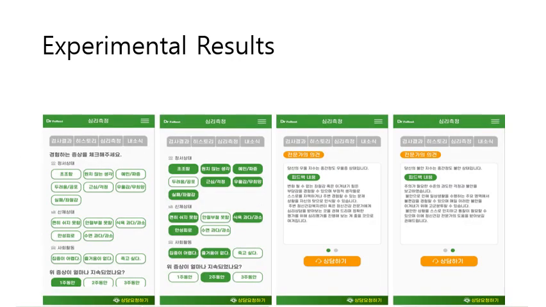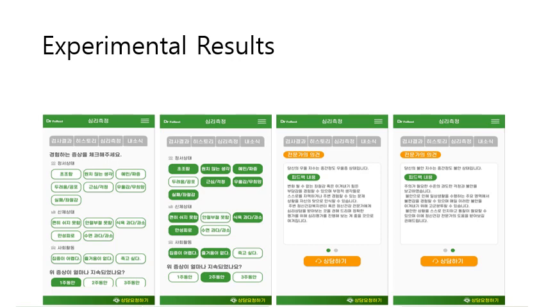The psychological checking or assessment page allows the subject to conveniently conduct a simple psychological test using a smartphone without the need to visit a hospital.